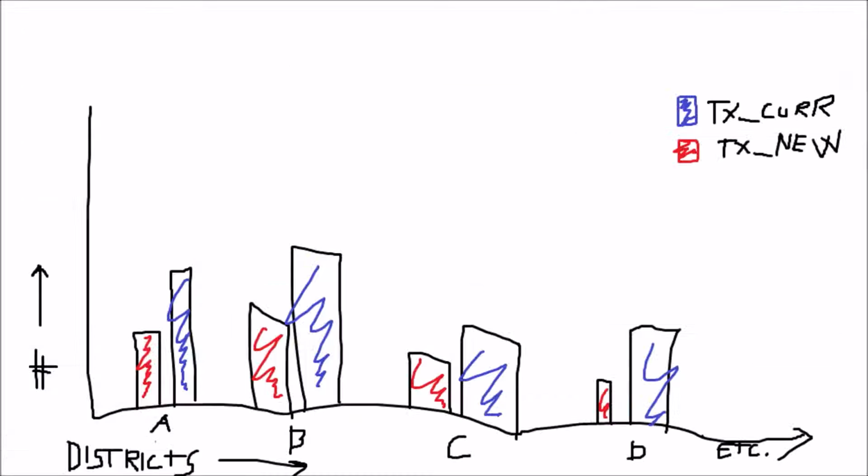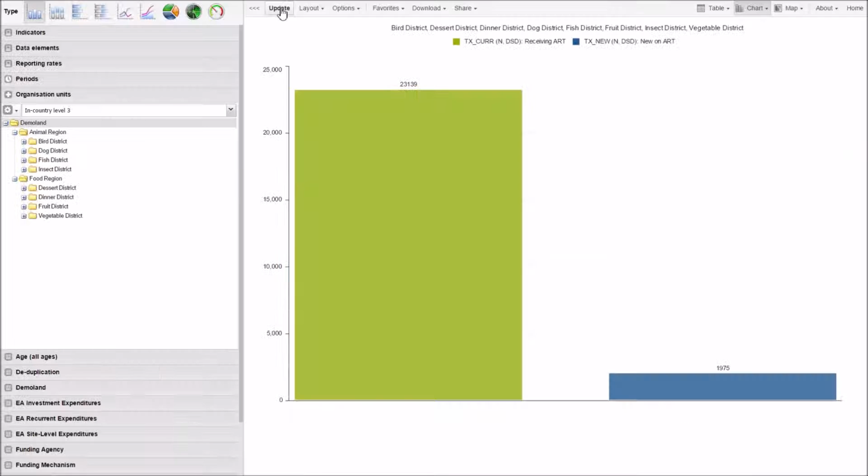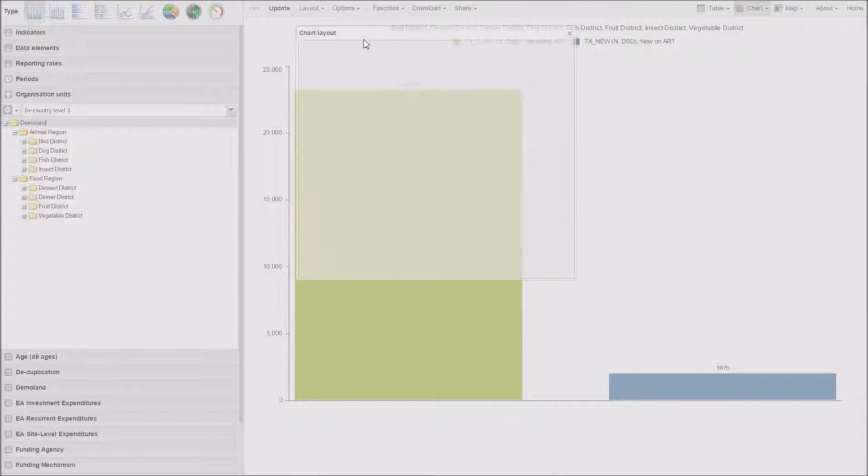Now let's go back to our sketch. And we notice that it's not quite what we wanted. We wanted the districts on our x-axis, the data on our y-axis, and we wanted txcur and txnew to be separate bars for each district. So how do we define the layout of this particular chart to make sure it matches up with what we were looking for originally? So you'll see this layout button, and if I click on that, we are brought into